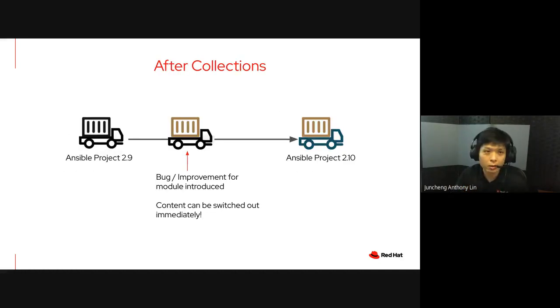So what we are saying is that with collections, right, from 2.9 onwards, we put all these things outside. In the future, right, you will see that the Ansible core itself will be much smaller. Perhaps it will just be 200 or 300 core modules inside. Those are from Red Hat. Everything else, let's say from Palo Alto, from AWS, from Fortinet, from CyberArk, from F5, I mean all the different partners, it will be packaged as what we call collections. So then the collections will be outside.